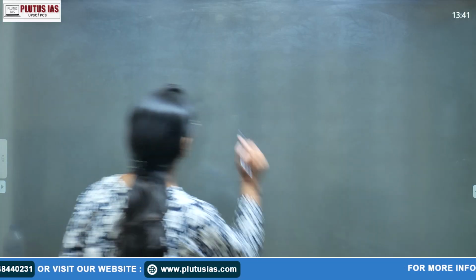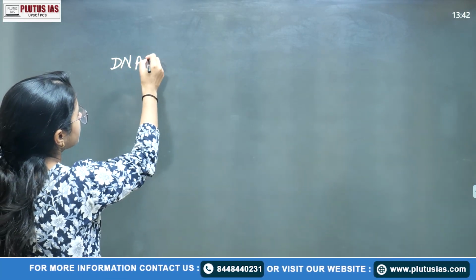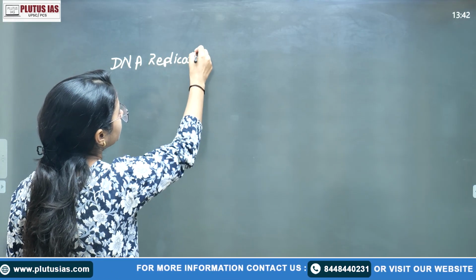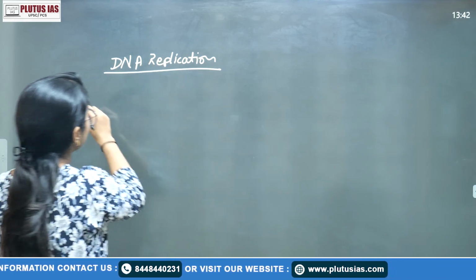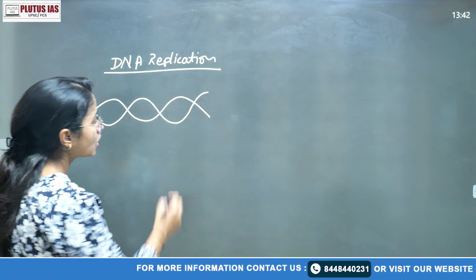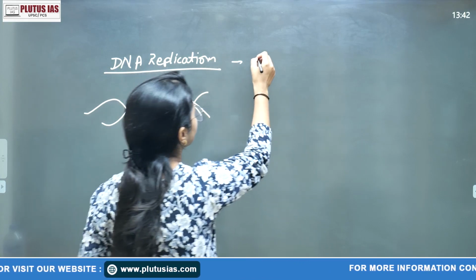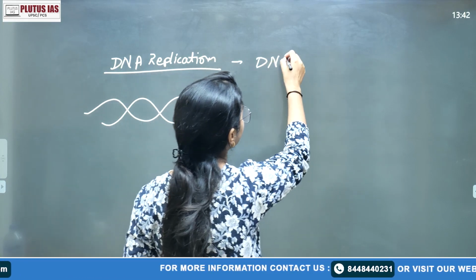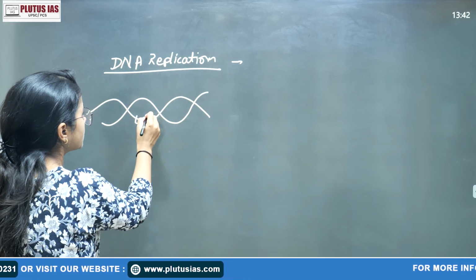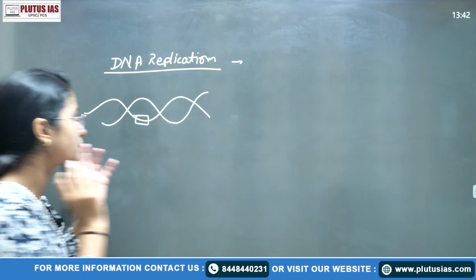The DNA replication process occurs mainly as follows. First, we'll talk about the basic process of DNA replication. This is your DNA, a double helical strand of DNA. So first of all, what are the steps of DNA replication? First comes the DNA helicase enzyme, and even before that, there is a specific segment called the origin of replication. This is a specific segment.